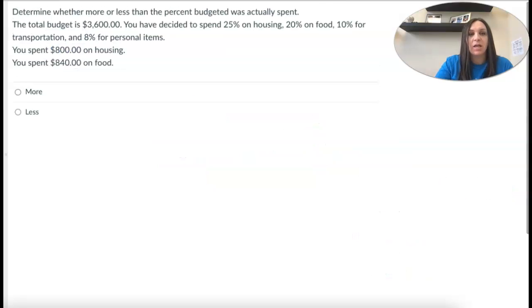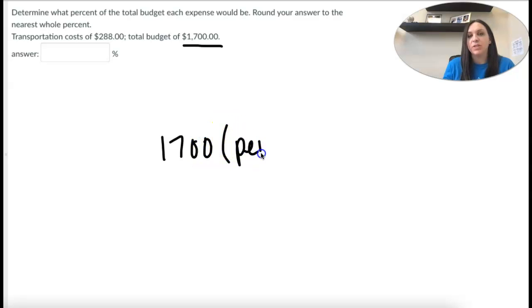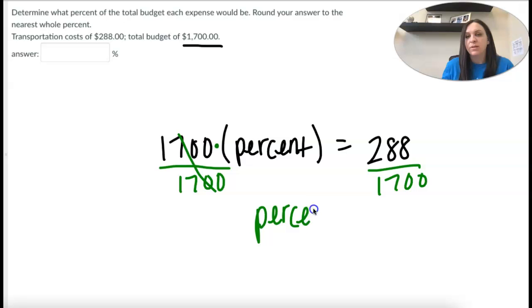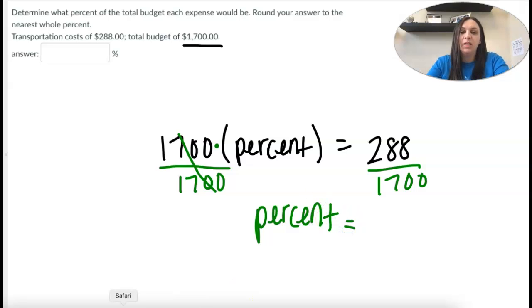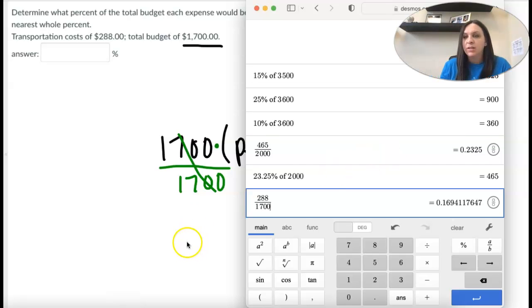Let's do another one like that. Okay, so determine what percent each expense would be. So again, if we're taking our budget, 1,700, and we're going to multiply it by the percentage, that equals the amount we're spending, 288. So in order to get the percent by itself, I'm going to divide both sides by 1,700. So my percent is 288 over 1,700, which is